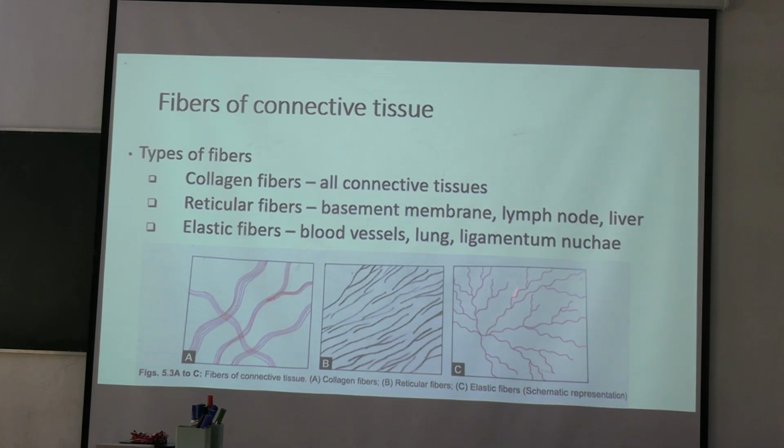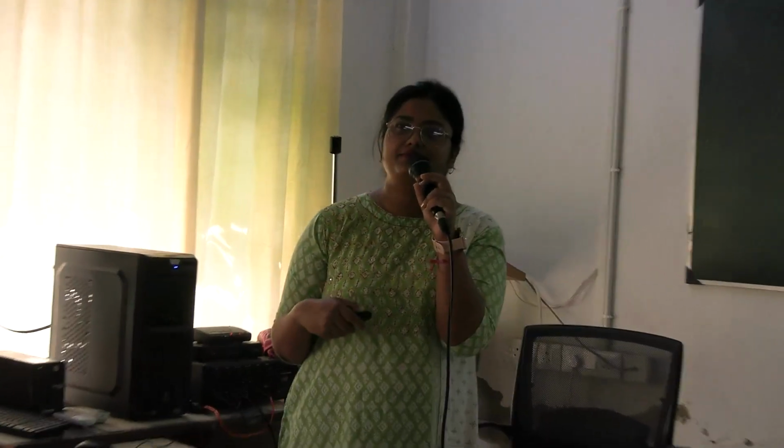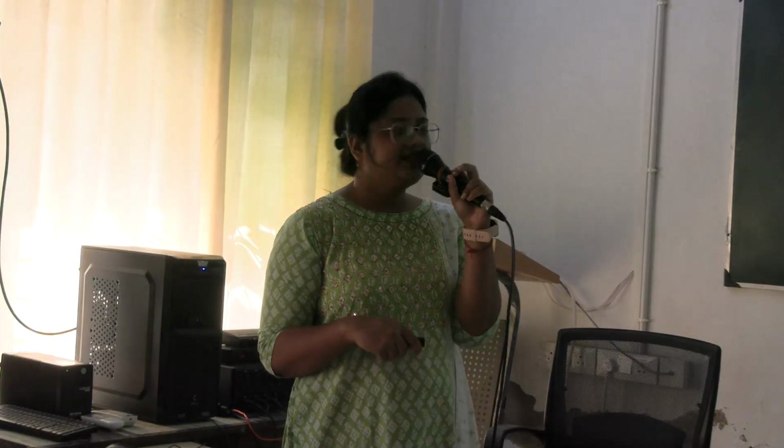And elastic fiber, see here single fibers are lying, fibers are wavy and individual fibers are branching. That is the difference. Here in collagen, fibers are lying in parallel bundles and the bundles are branching. But elastic fiber is also pink in color, with single fibers lying, wavy, and individual fibers branching. So you have understood the difference between three types of fibers: collagen fiber, elastic fiber and reticular fiber.